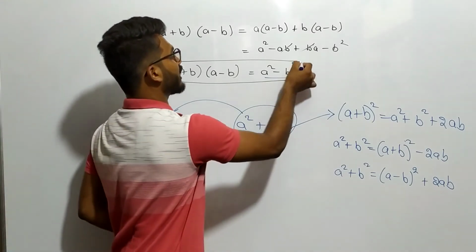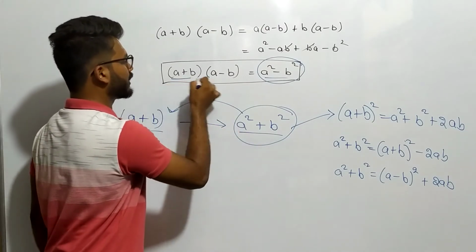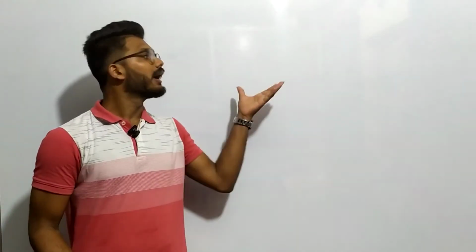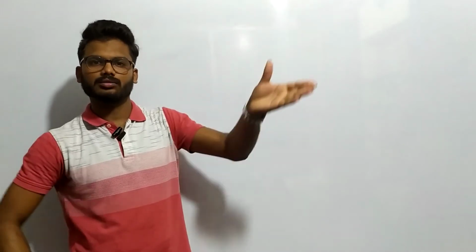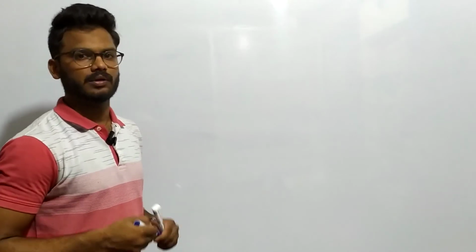And whenever they ask a square minus b square, you have to use (a plus b) into (a minus b). Now, see, cubic formulas. Up to now we saw (a plus b) whole square, (a minus b) whole square, and so on like that, right? With square. Now let us see how the formulas with cube work, like